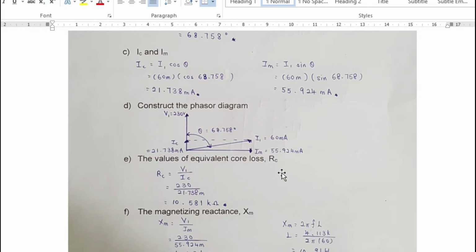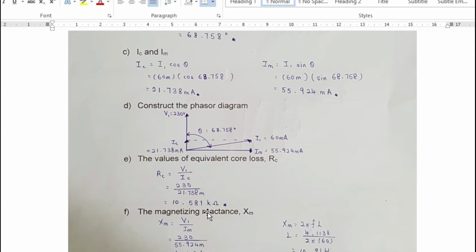For RC that we have to calculate, we use Ohm's law. The current through RC is IC, 21.738 milliamperes, and for the voltage we use the normal supply, which is 230 volts, and we got